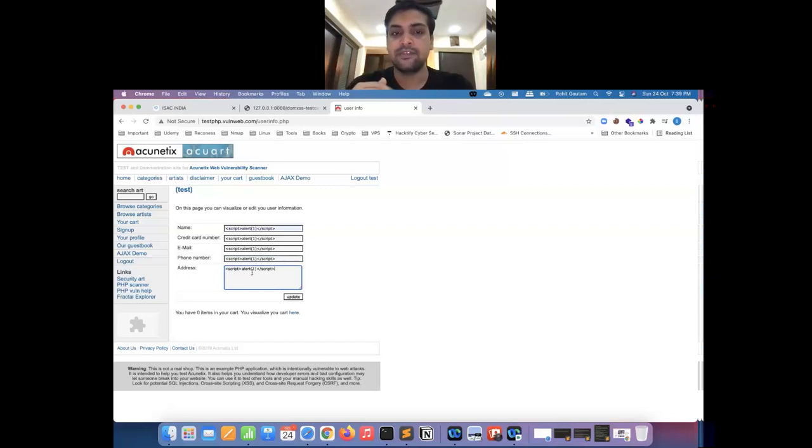But guys, we need to make sure that this is a good practice whenever you're testing for stored XSS. As here, I have pasted the same payload in all the fields. If it gets executed, I would not know which field was vulnerable and due to which I have got the XSS. So just make a good habit. In all the fields, you change the payload, at least alert 1, alert 2, alert 3. Okay, so this way I will know which field is vulnerable.